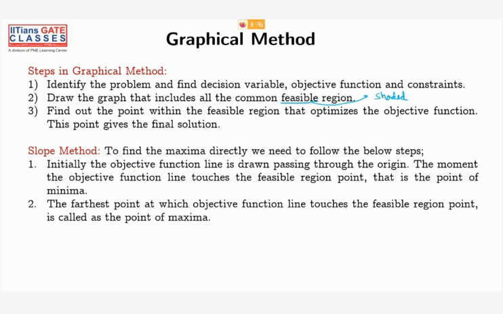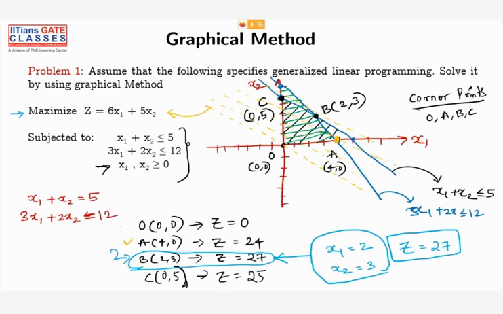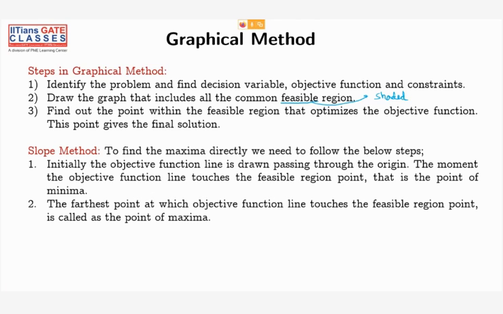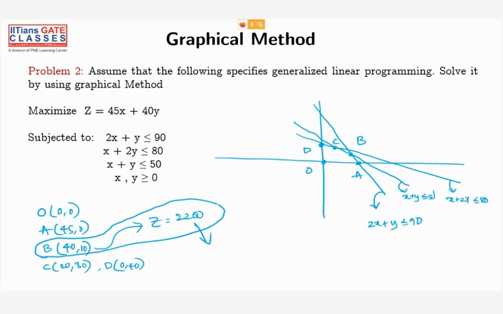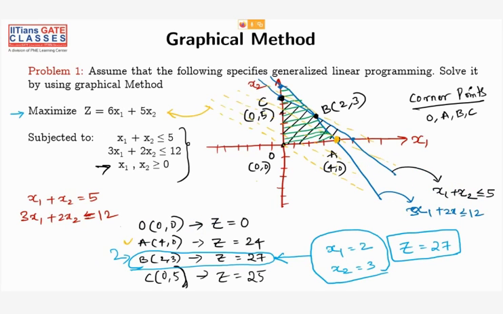Initially, the objective function line is drawn passing through the origin. That is what I have done. The moment the objective function line touches the feasible region point, that is the point of minima. Obviously, there is a point of minima at 0, 0. The farthest point at which the objective function line touches the feasible region, that point is your point of maxima. With the slope method, if you put a scale like this,